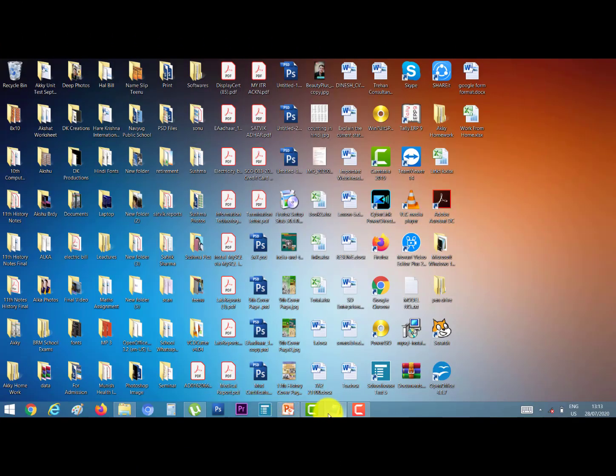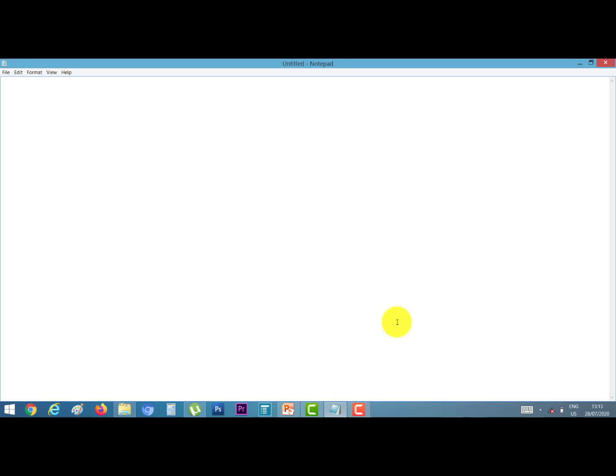Open your notepad window and type here. First tag is HTML, second is head, third is title. I am giving the title unordered list.